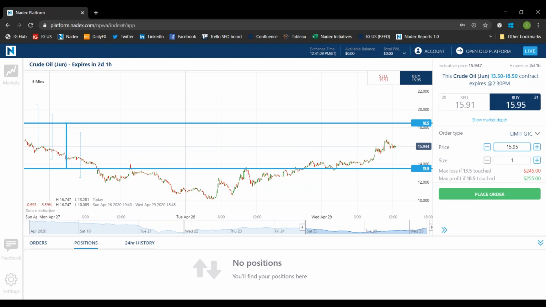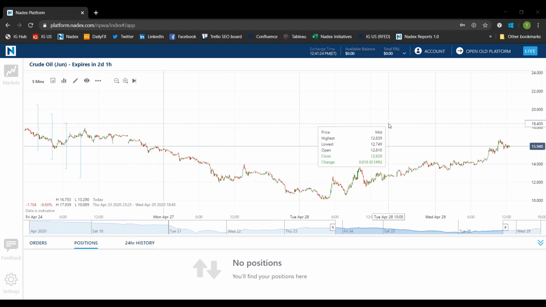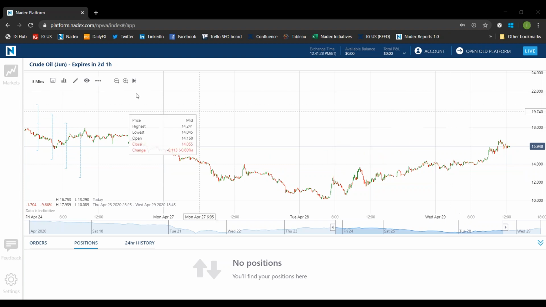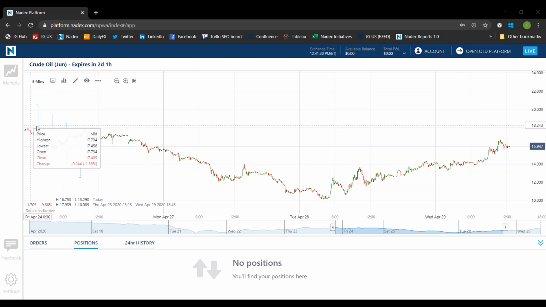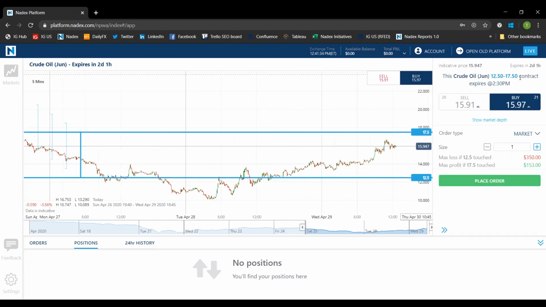Just like binaries, with knockouts, you can trade out of the position if you want to before expiration. Just because there's an expiration associated with the knockout does not mean you have to wait until expiration to see what happens. Now, the last thing I want to show you is we do have some really cool functionality in